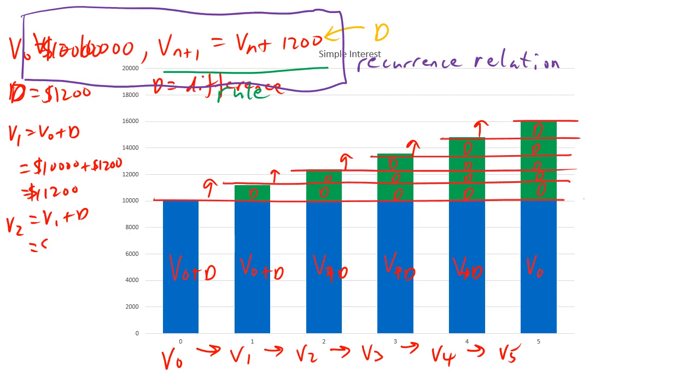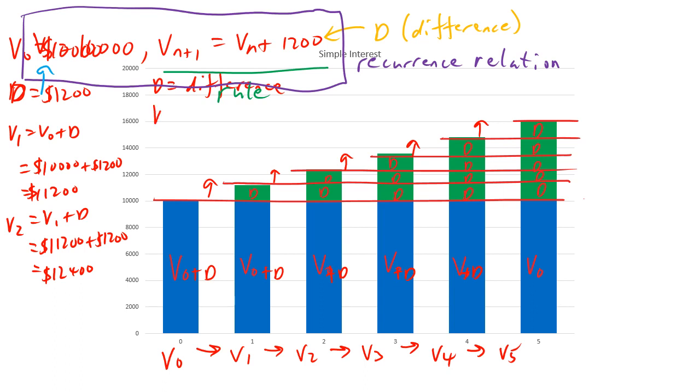equals, so that equals 11,200 plus the 1,200, and that equals, if I'm getting this right, $12,400. And we could keep going like that forever. And that's basically what we want to be able to say is, okay, so the next term, and we're going